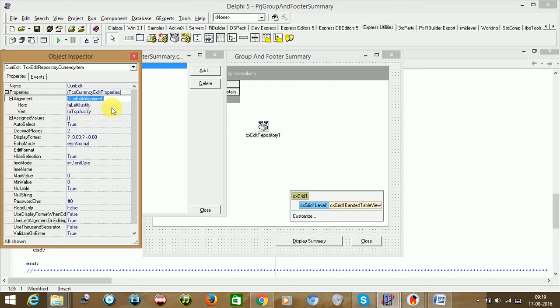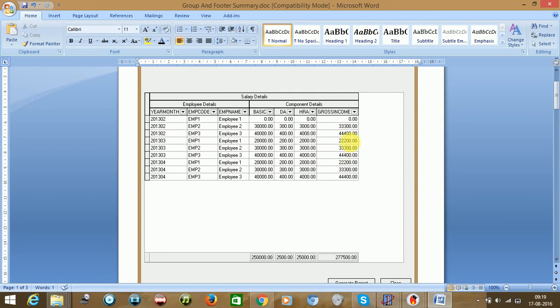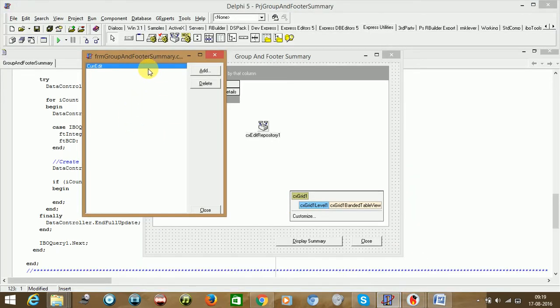Alignment, horizontal alignment, we need to make it to the right, and then display format 0.00 semicolon minus 0.00. But if someone would like to display a bracket instead of minus, you can remove the minus and just put bracket like this. But generally we do minus, enter. So this setting is done to display column data in this format. So right hand side 00 we have given and two decimal points. Two decimal points was by default here, as you could see.